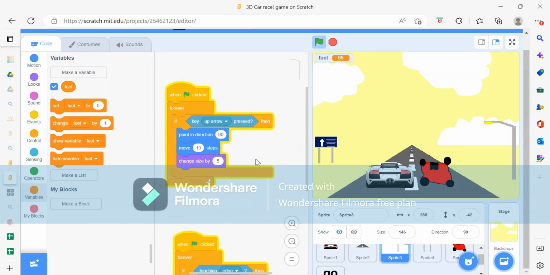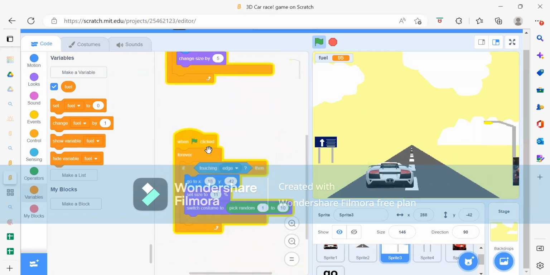We need to just move 10 steps and change the size, like we want to change the size of the sprite. After that, we have the next part. When the flag is clicked, in the forever loop, if we touch the edge, because in Scratch we have these edges, we need to just go in some direction, like go to x position 18, y position -42, and then we have to